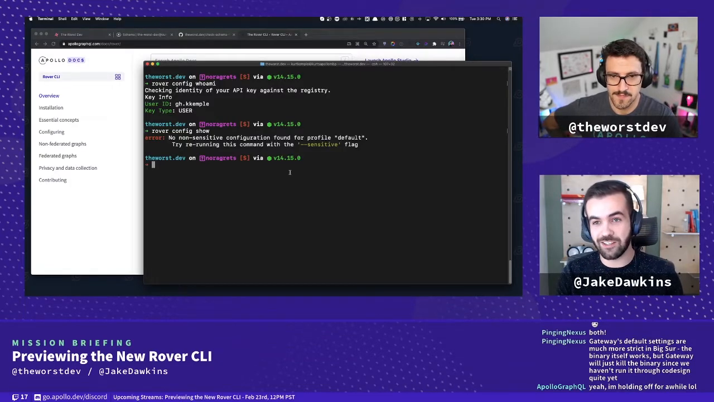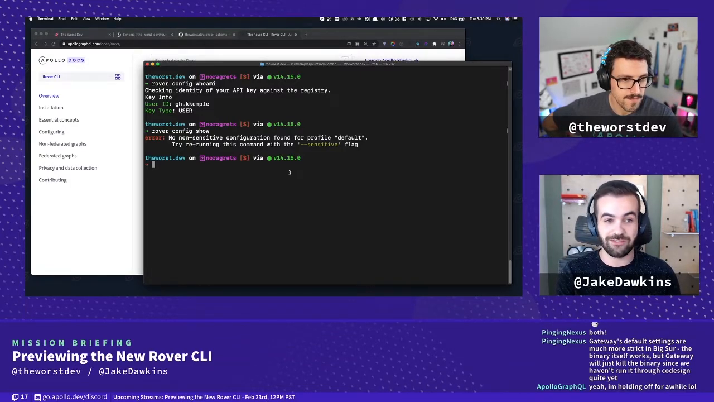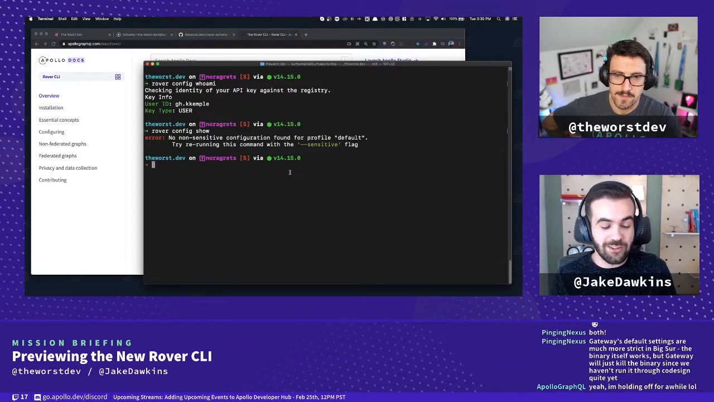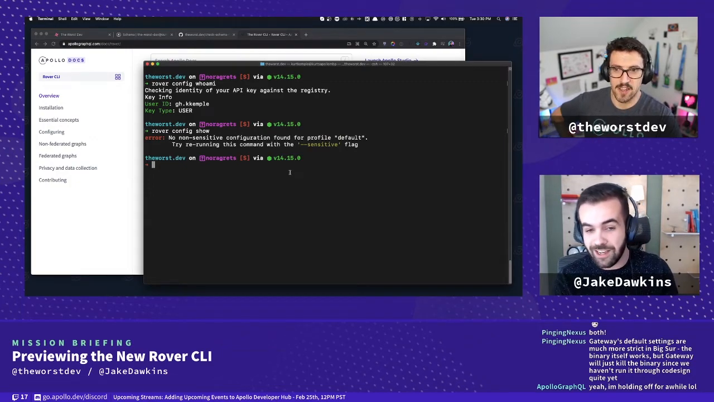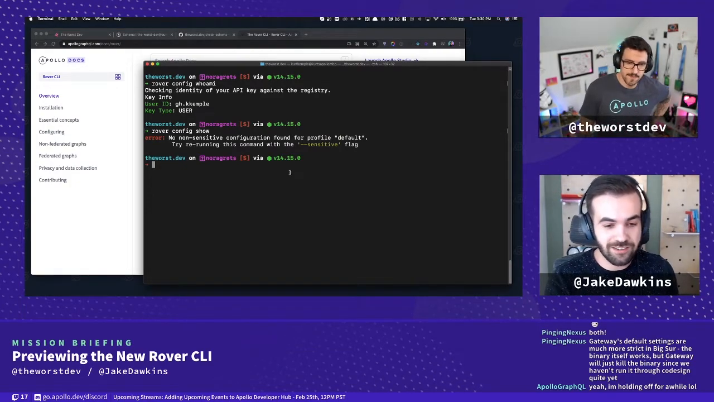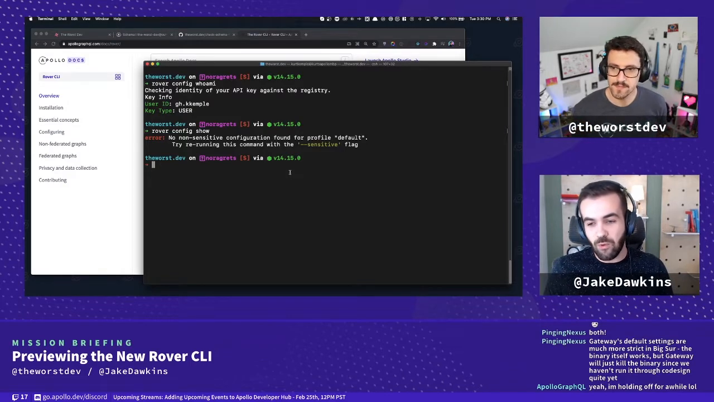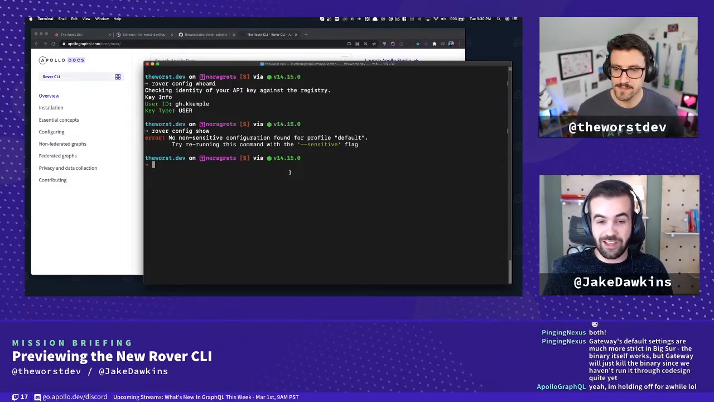So the second line you see there is actually a suggestion for this error saying, try rerunning this command with a sensitive flag. Other suggestions for other things might be, hey, we couldn't find this graph. Are you sure you're using the right graph name? Are you sure you're using the right API key? Yeah, so we actually try to walk you through a little bit more of the errors